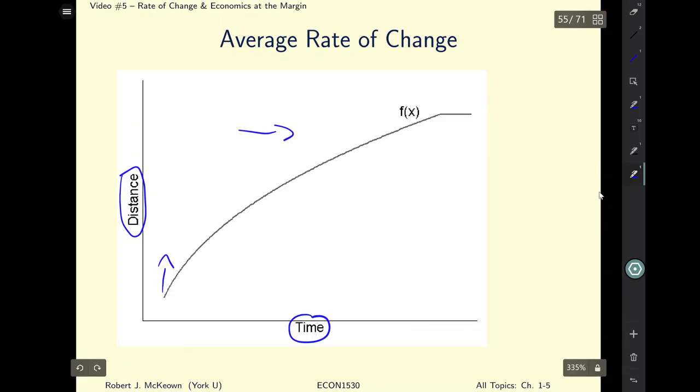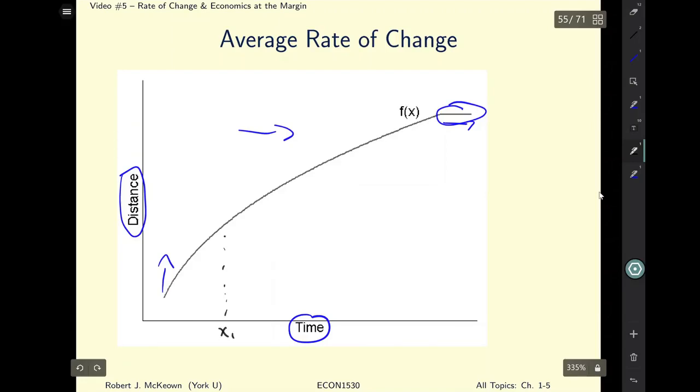and the distance that it travels is increasing, but at a decreasing rate until it's flat, right here where it's flat. Now suppose we wanted to know the average rate of change of this. I'll pick one. I'm from Toronto, so I'm going to pick baseball. So imagine we're throwing a ball, and we want to know how far that ball traveled,